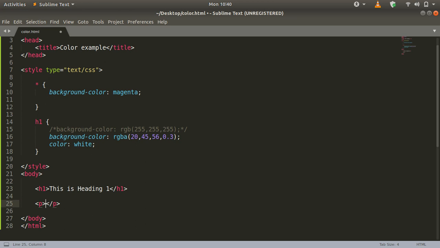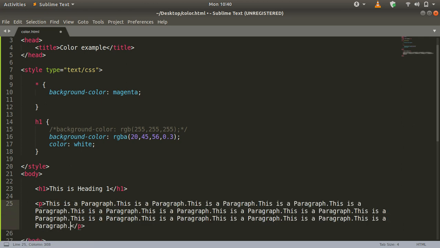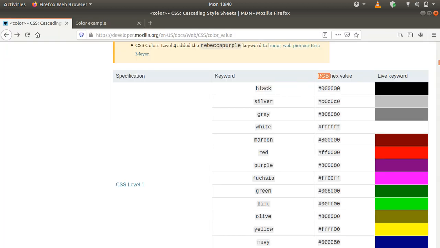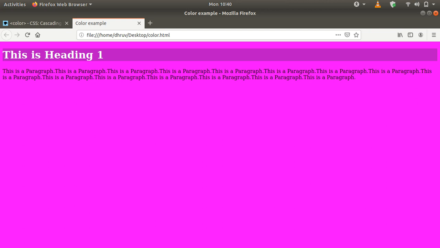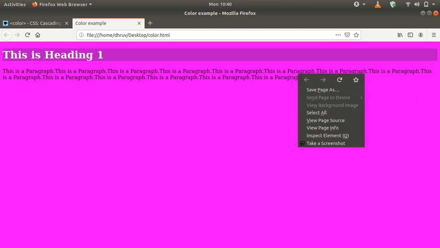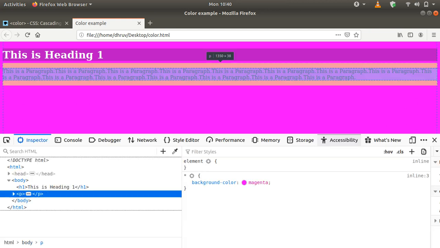Okay, and say this is a paragraph, and you can say we can copy this in order that we can see the changes. So let me just refresh. Okay, so you can see that this is the paragraph, and whenever you just inspect it, you can see that